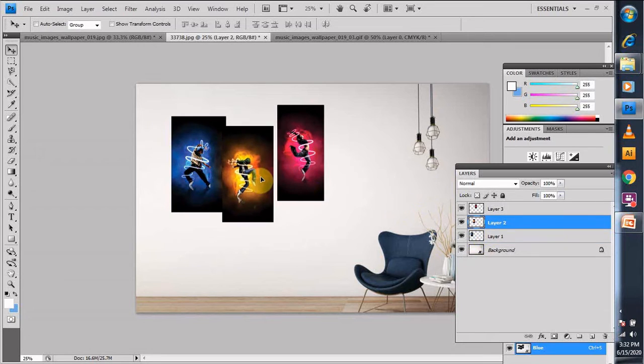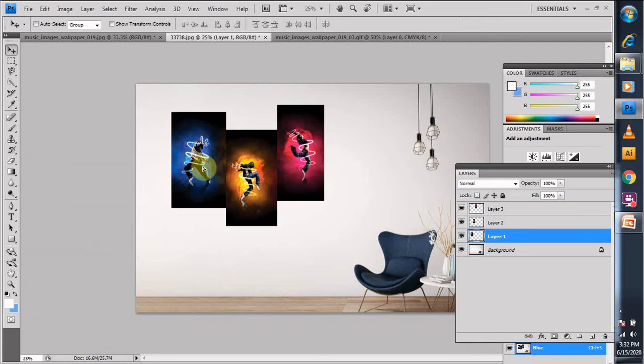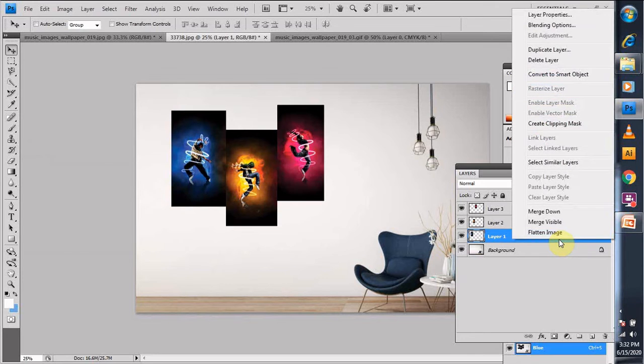You can adjust it as you wish, however you want to arrange. Okay, so I'm arranging this and I want this to be in the part. Okay, so this is how I can arrange.